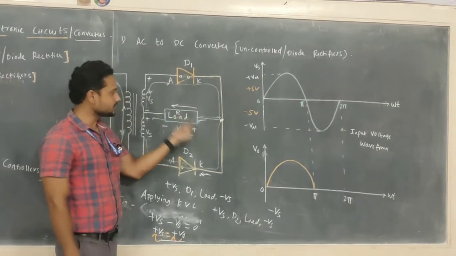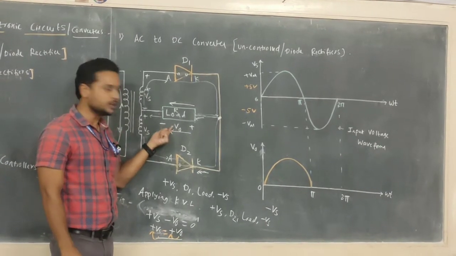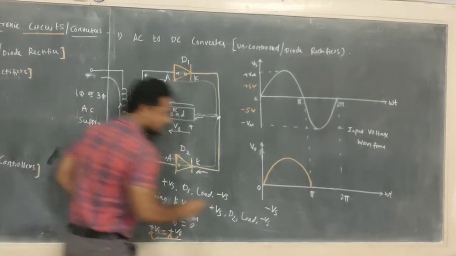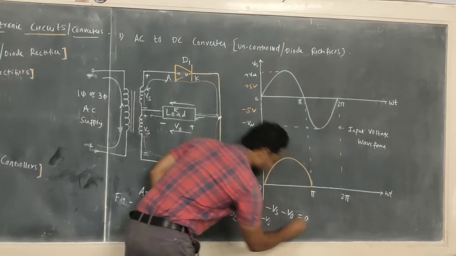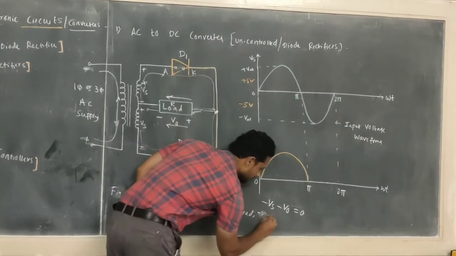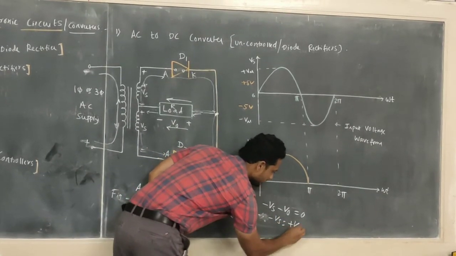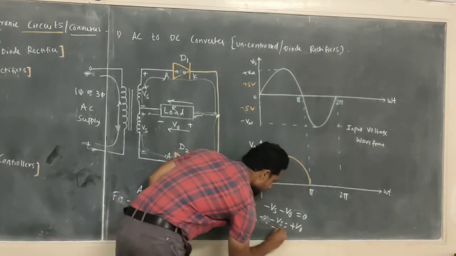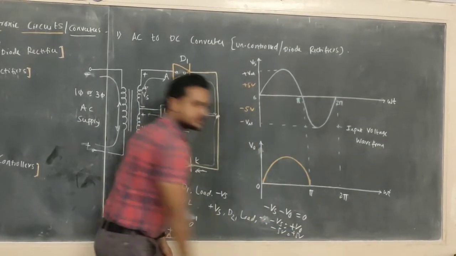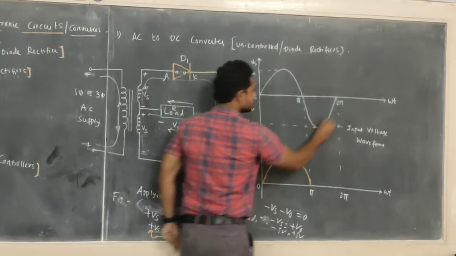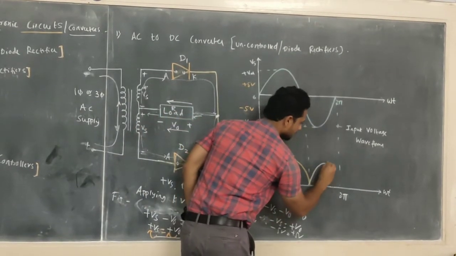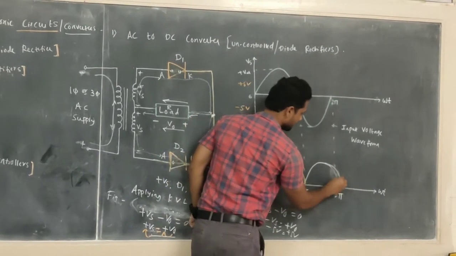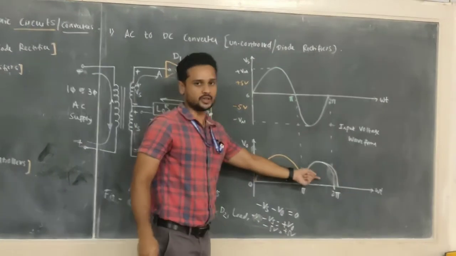Now the direction of flow of current to the load is the same, hence you are supposed to get the DC output voltage. So minus Vs minus V0 is equal to 0. Therefore minus Vs is equal to plus V0. What is the value of input voltage here? This is minus 5 volt, so minus of minus 5 volt will be equal to plus 5 volt. This is minus 5 volt and this will be your plus 5 volt. You just have to modify the amplitude, dropping the respective value of output voltage.